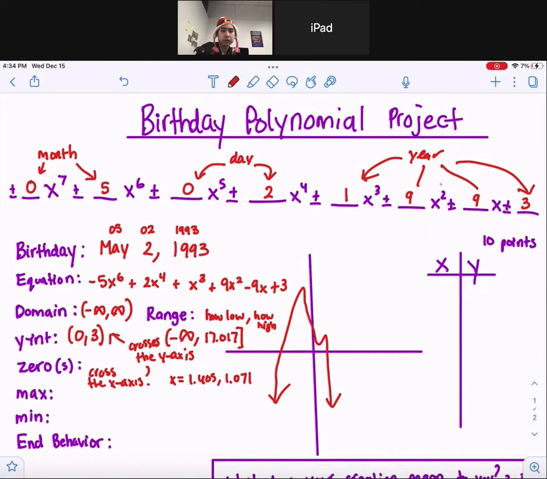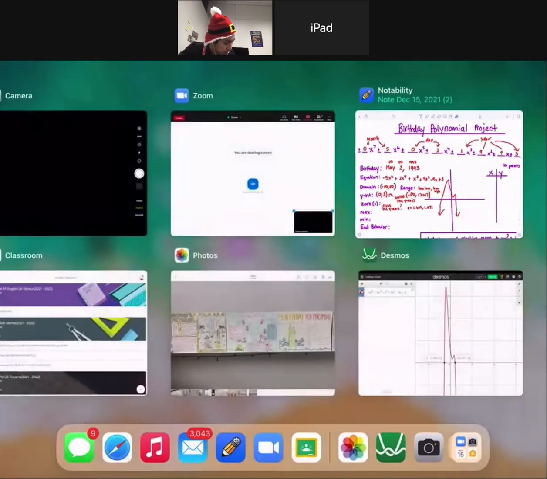1.071. Those are where my x's are located. My zeros. Maximum. So maximum is when you get a kind of peak at any given point, you guys. Maximum, absolute maximums or relative maximums. So I have a maximum here and here. It kind of performs like a little peak or apex. So right there and right there, you guys, on the graph,